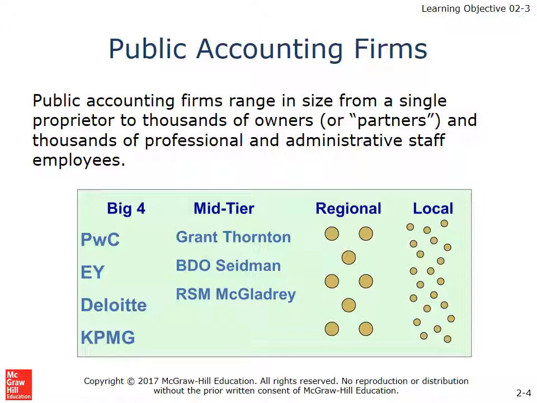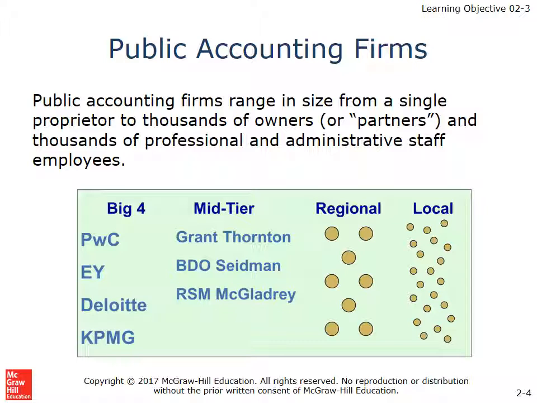Now, the next objective, Objective 3, is the different types of public accounting firms, and that's who is performing audits. So there's international accounting firms, PricewaterhouseCoopers, Ernst & Young, Deloitte, KPMG. Then there's mid-tier. They're more United States, Grant Thornton, BDO, RSM, McGladrey. Then there's regional, and there's a whole bunch of those. Locally, there is